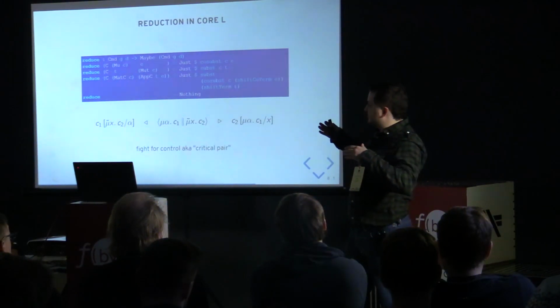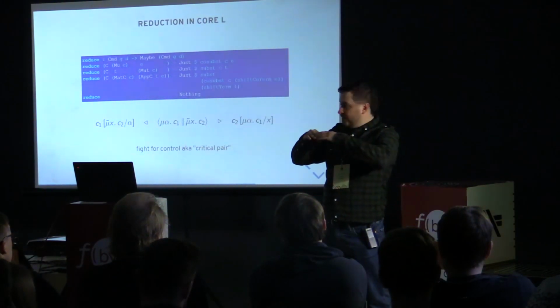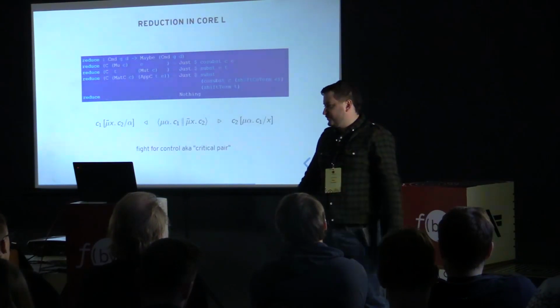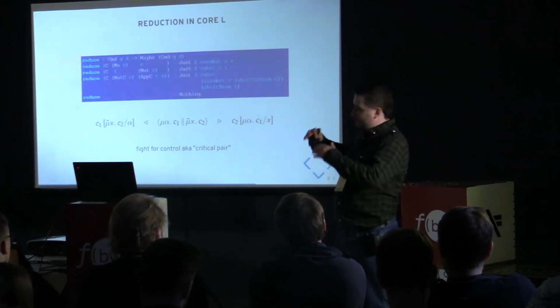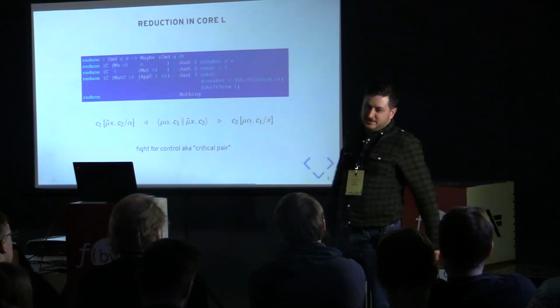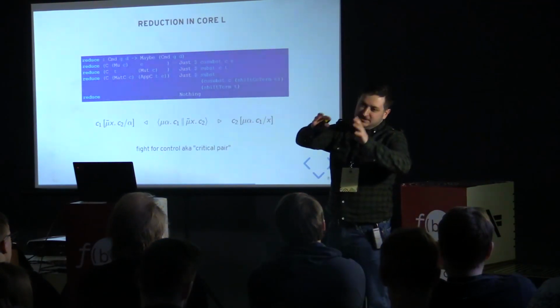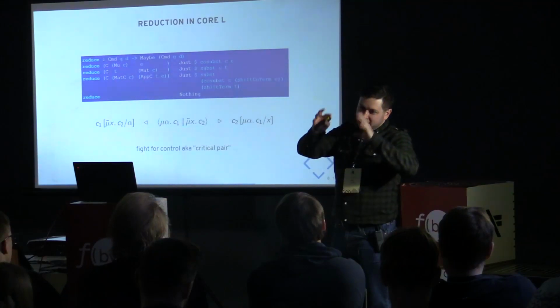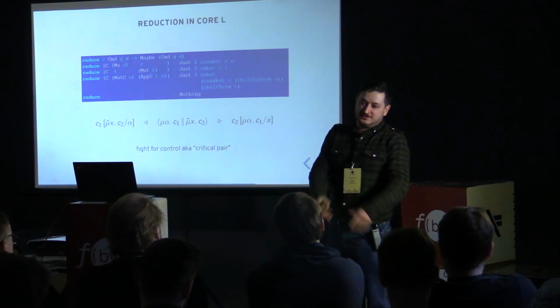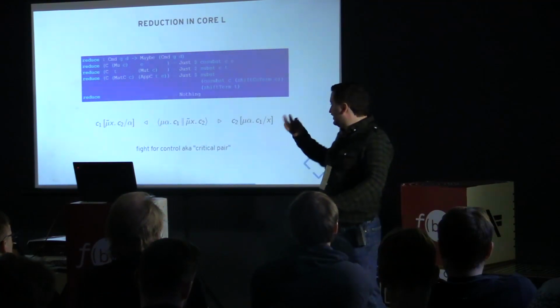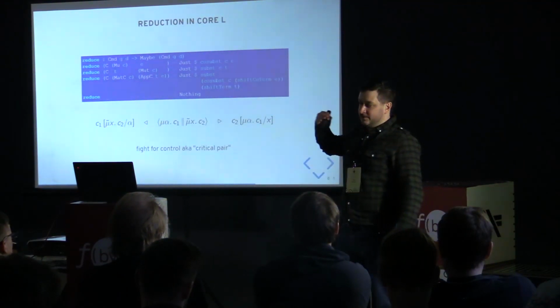This is the nice thing about basing this on logic, because there are hundreds of these models in logic or proof theory, and people spend a huge amount of time proving that if you take a formal system, then it has the property of cut elimination. So this means that it reduces, it doesn't get stuck, it has type preservation and everything. This is what is nice about using this as a foundation.